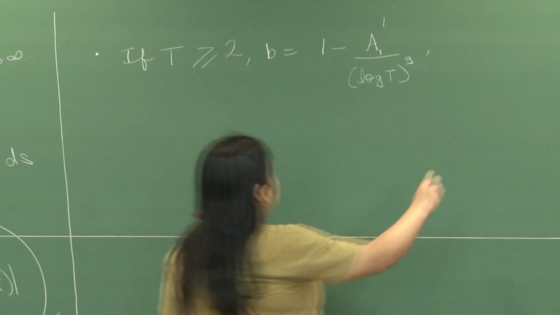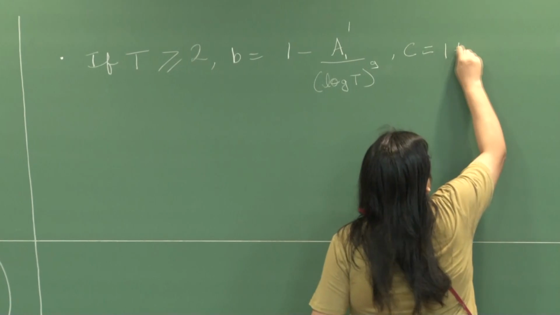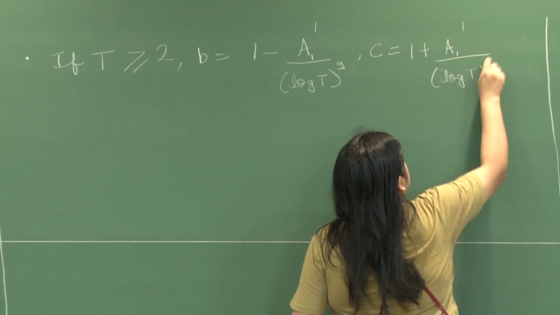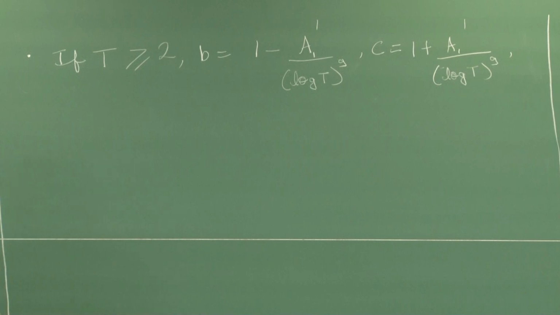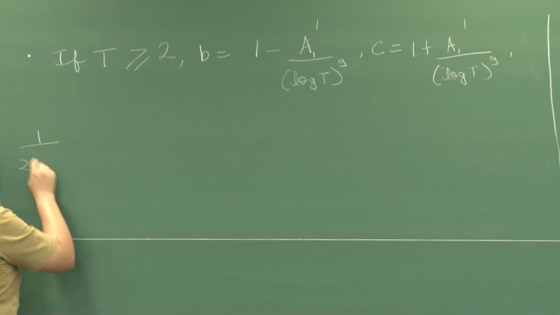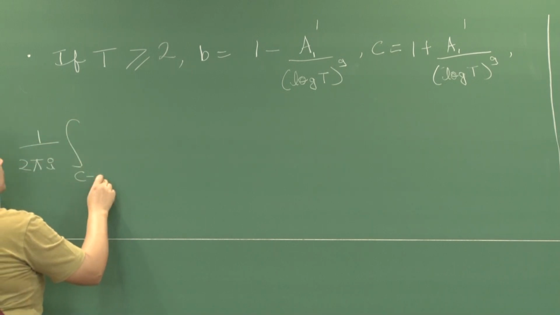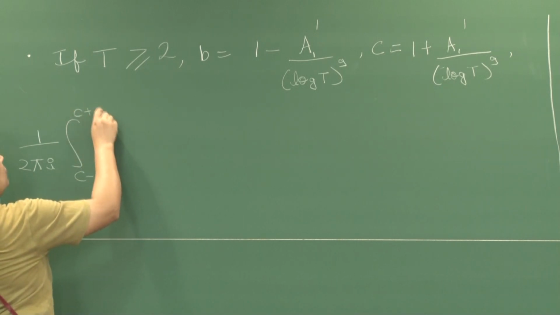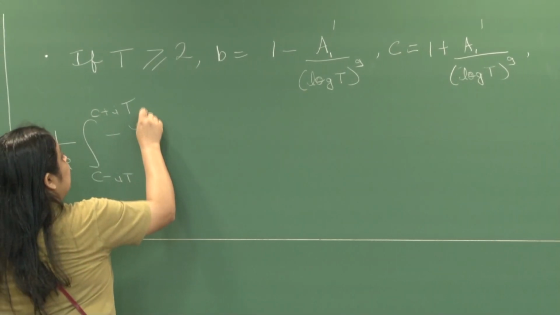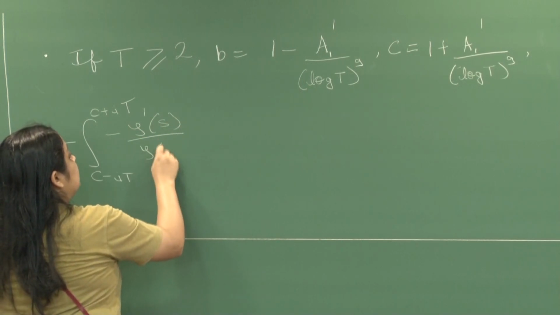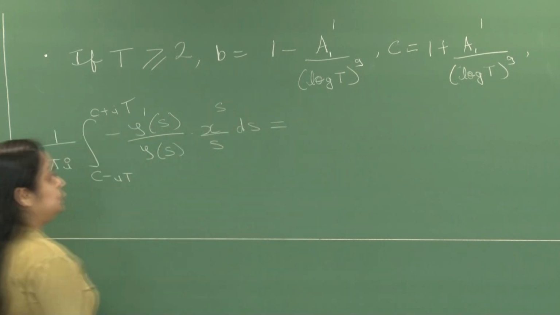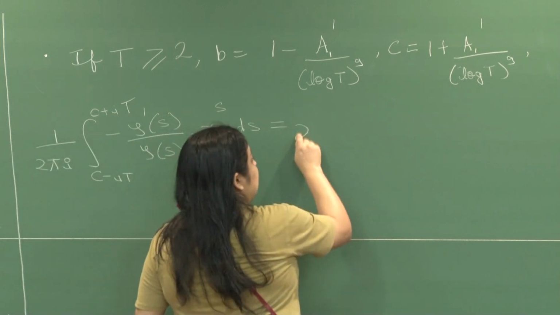If you choose b in this way, and if you choose c to be equal to 1 plus a1 prime over log T raised to the 9, then we learnt last time that our contour integral, 1 over 2 pi i, with the choices of c and T as given above, of minus zeta prime of s over zeta of s times x raised to the s over s ds, turns out to be equal to x plus an error term